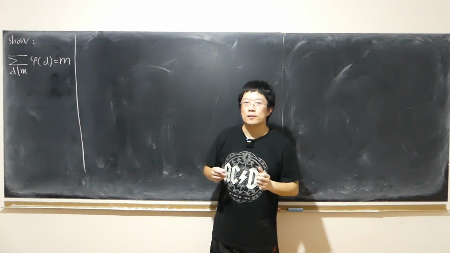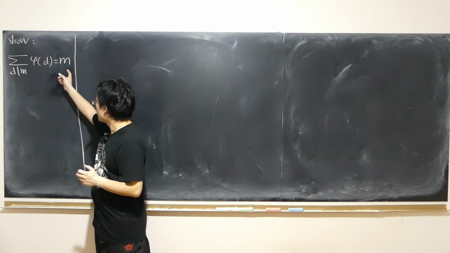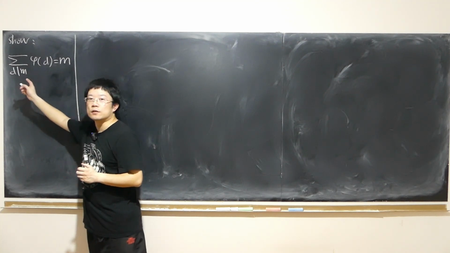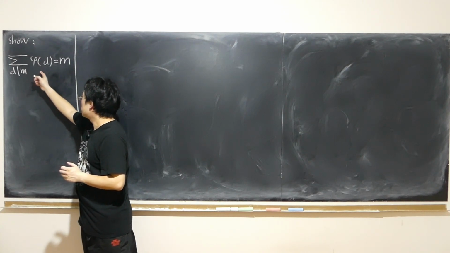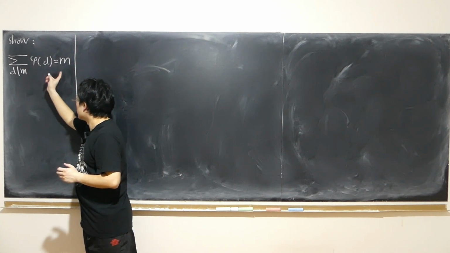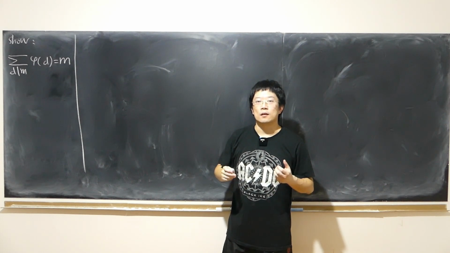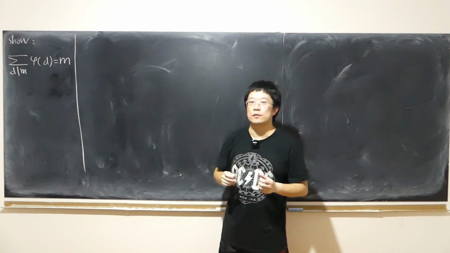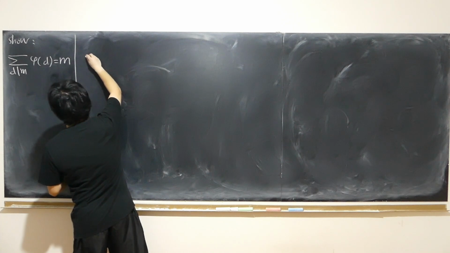There is this theorem in number theory that says if you're given any positive integer n, and you take all of its positive divisors d1, d2, all the way up to dk, and you take the Euler totient function of each positive divisor and add them all up, you get exactly n. There are many different ways of proving it. Now, I found a really cool proof, probably one of the coolest proofs that I found in a textbook, that actually doesn't require